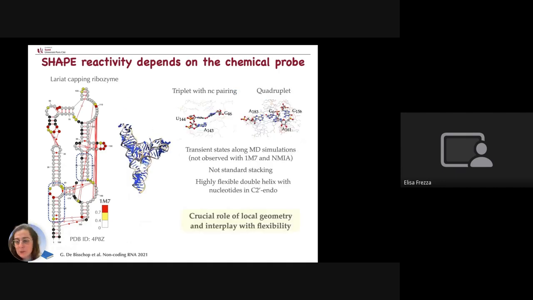So we also looked at some MD simulations again to see if there is some specificity in the system, and we realized that there are changes of conformation and changes of reactivity in regions that have non-standard properties like quadruplets, triple helices, and also non-standard stacking, meaning that, again, the nucleotides and their conformation and their flexibility are crucial at this stage. But what we have done until now was not to take into account explicitly our